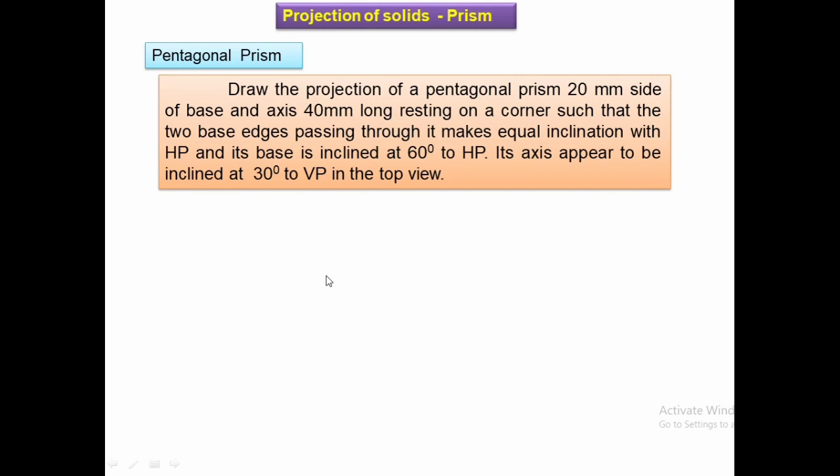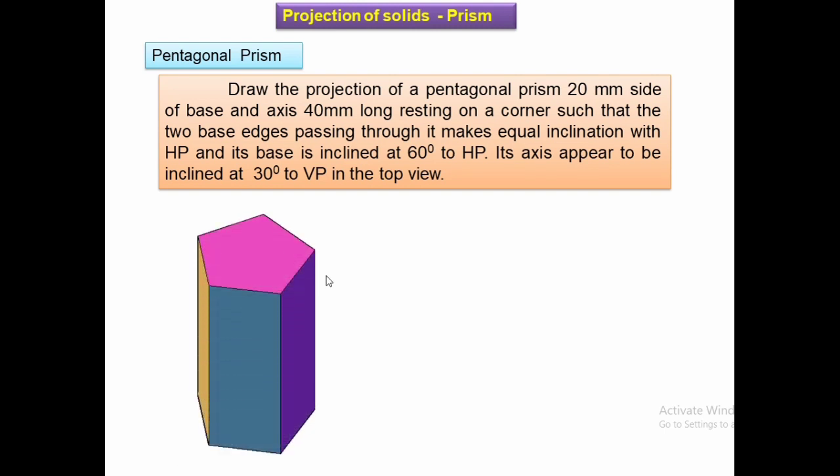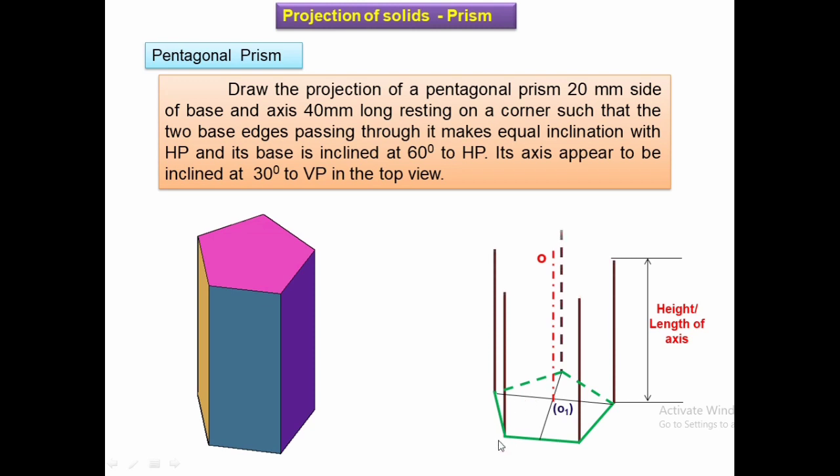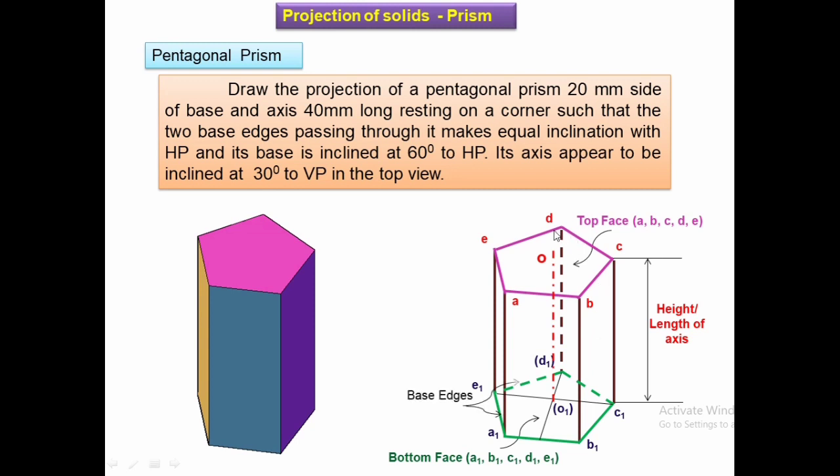Let us once again have a look at the 3D model, whatever we had shown you earlier. With respect to that, we will study the 3D model and try to understand the naming. You can see the base edges, the lateral faces generated, the top face ahead of the axis. The bottom face is named by A1, B1, C1, D1, top face A, B, C, D. So, when you observe from top, this is fully ABCD seen, A1, B1, C1, D1 is not seen. So these are things to be remembered.